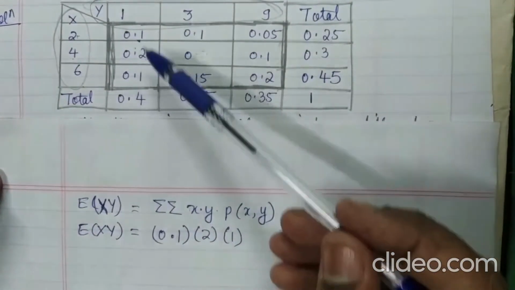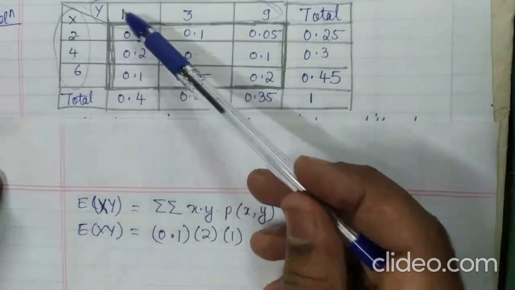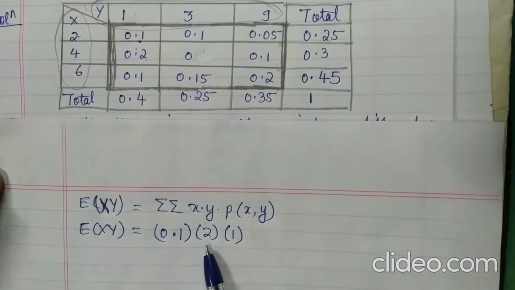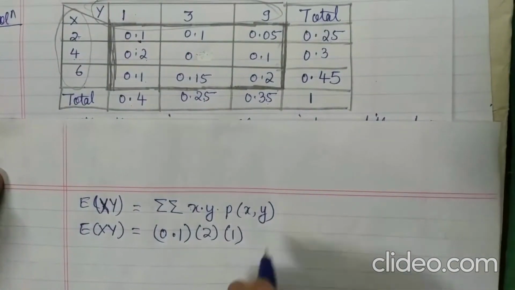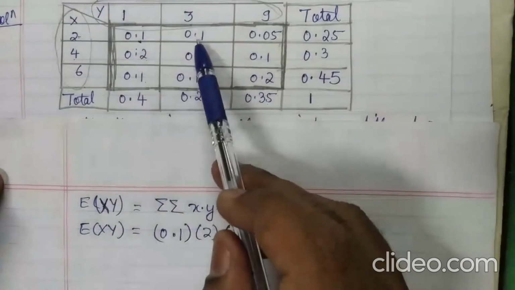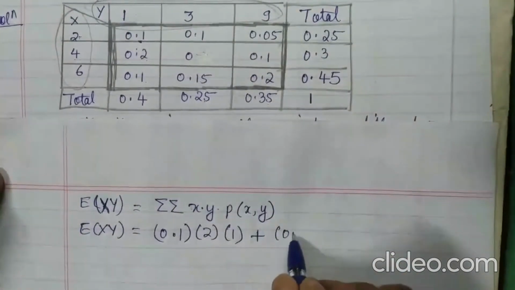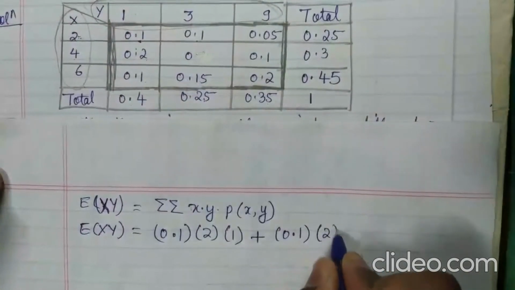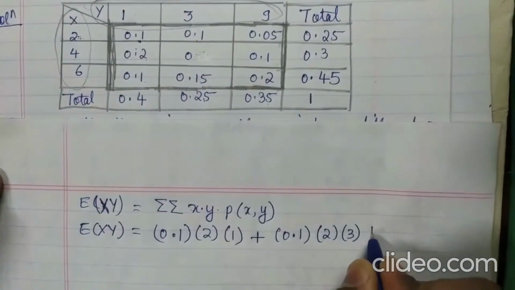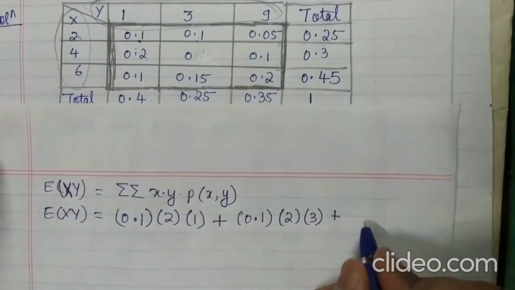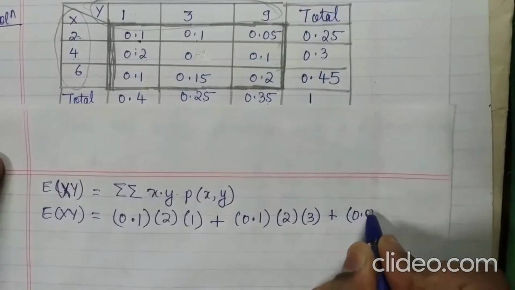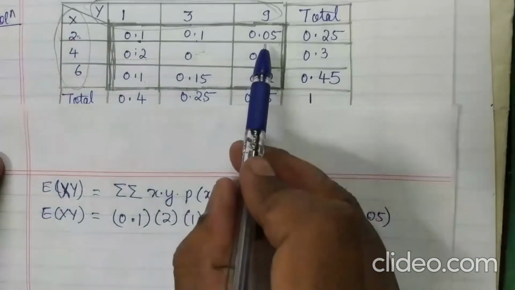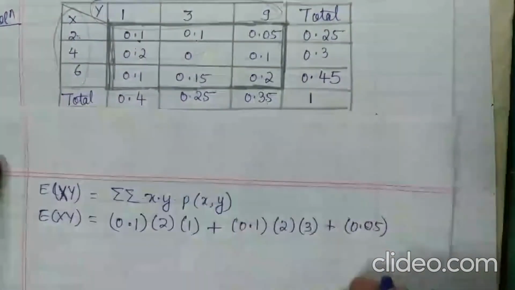So I have multiplied 0.1 multiplied by 2 multiplied by 1, plus next number is 0.1 again multiplied by 2 multiplied by 3, plus the third number is 0.05 multiplied by 2 multiplied by 9,